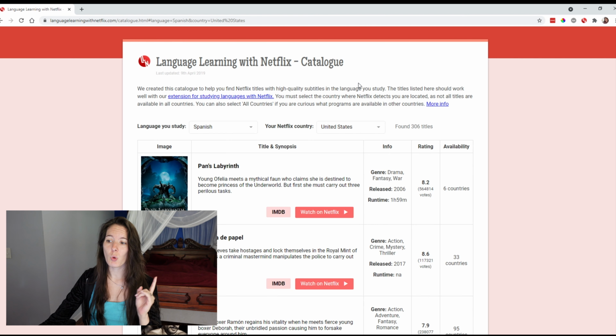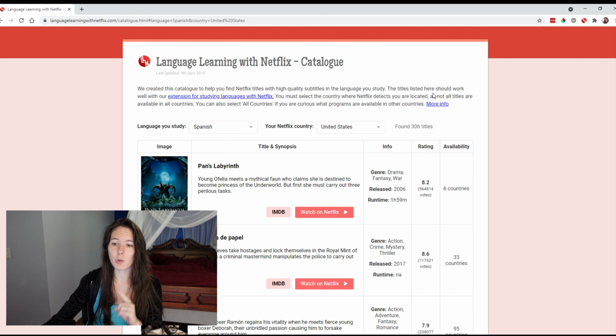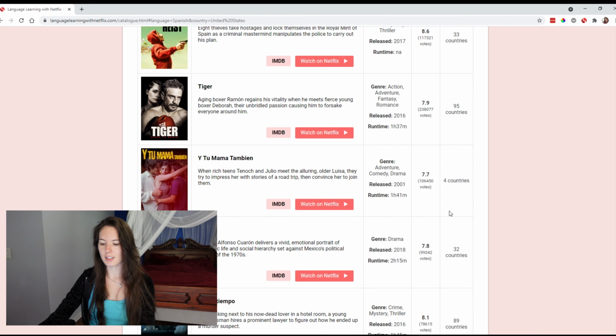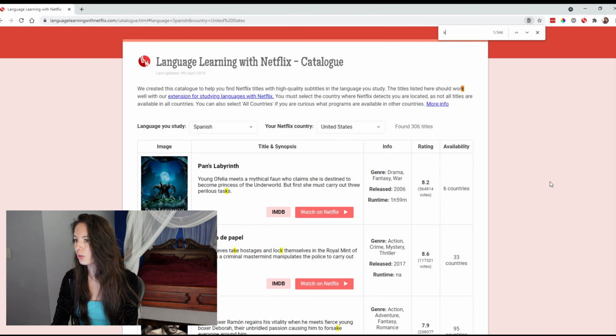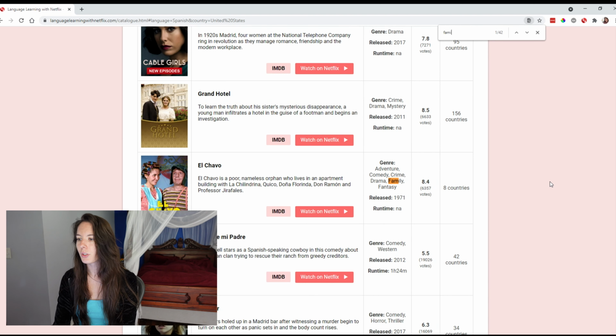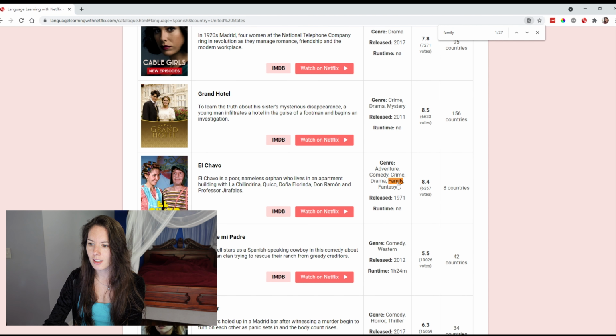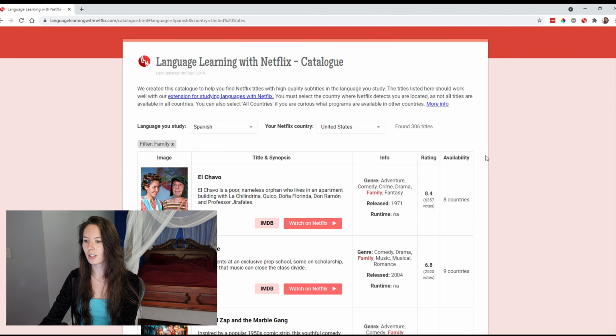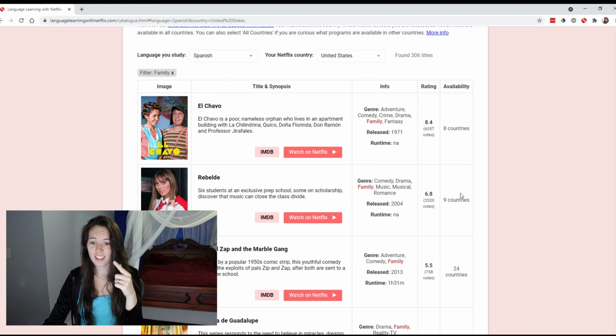That's pretty awesome. What I would like to see is the ability to organize these by category. Well, let's see, genre. Click to filter by genre. Hold on, wait a minute. Let's see if I can look up kids shows or family. Let me see, family. If I click family, hold on. Wow. Okay, language learning with Netflix, I see you. All you gotta do is click that and look. These are all